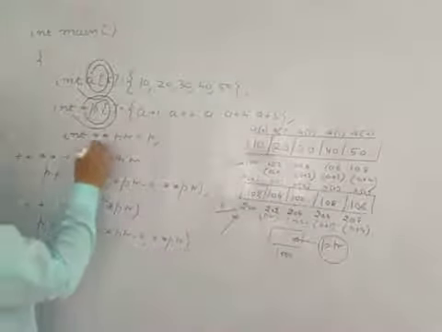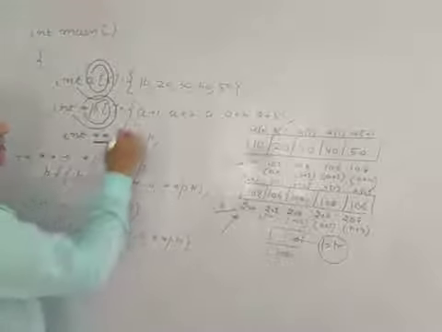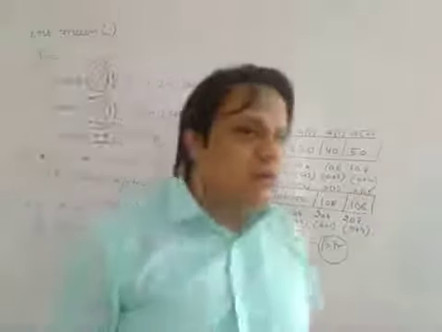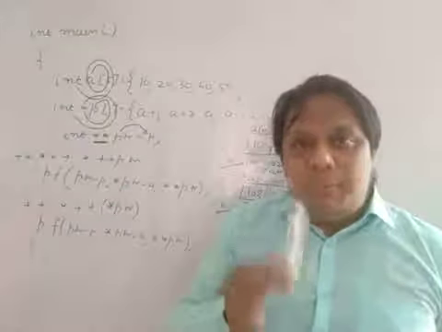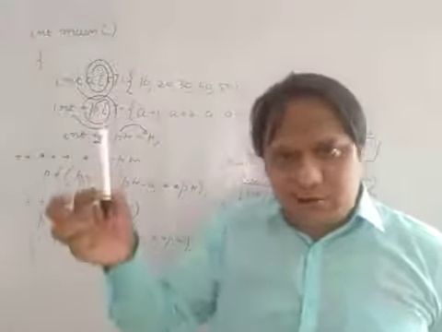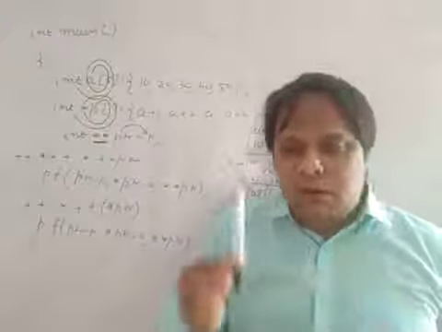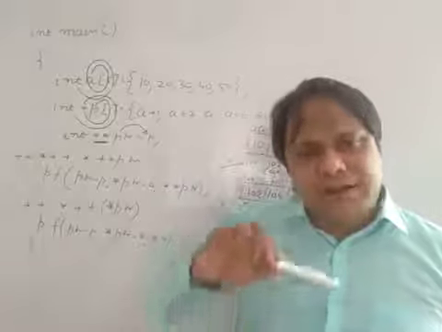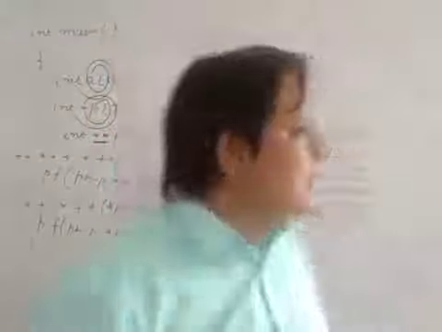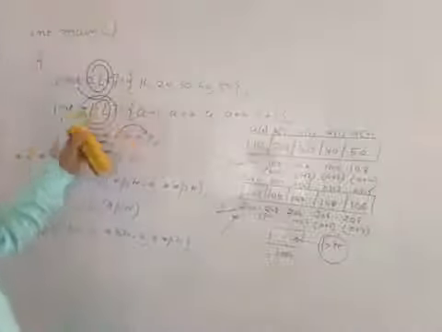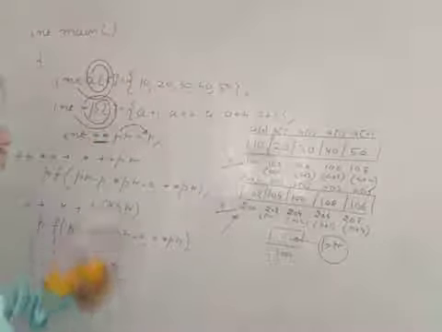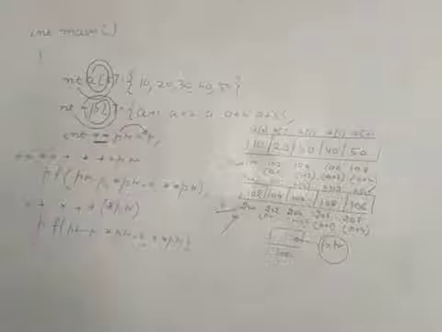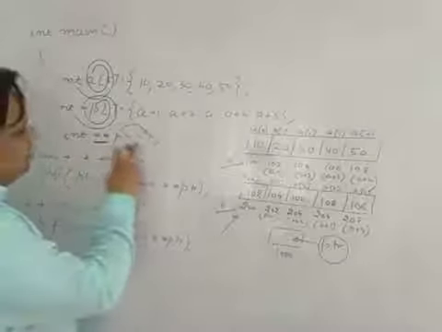Now, int **ptr. Why double star here? Because this ptr is holding the address of p, and p itself is a pointer. I told you in my previous session that only a pointer to a pointer can hold the address of a pointer, and only a pointer to a pointer to a pointer can hold the address of a pointer to a pointer. It has to be always one level up. Since p is an array of pointers, if a variable wants to hold the address of this p, that variable has to be a pointer to a pointer. So ptr is equal to p.